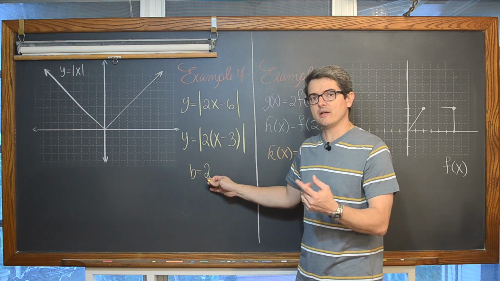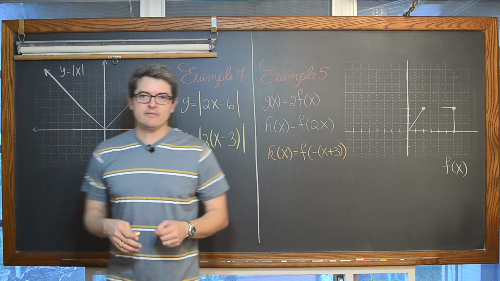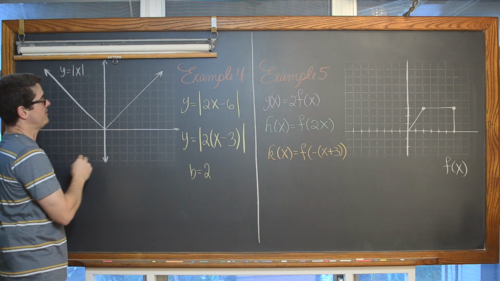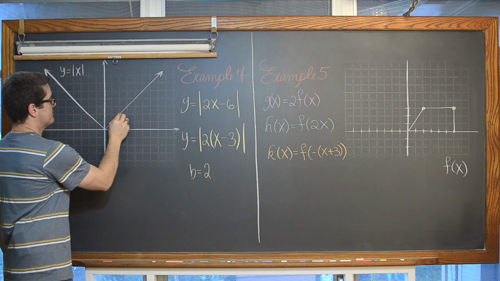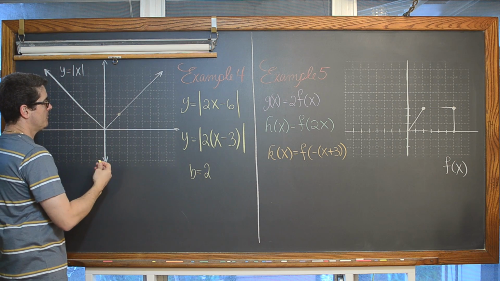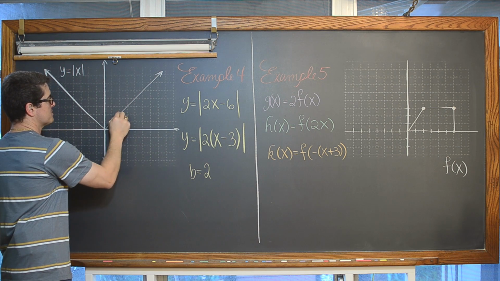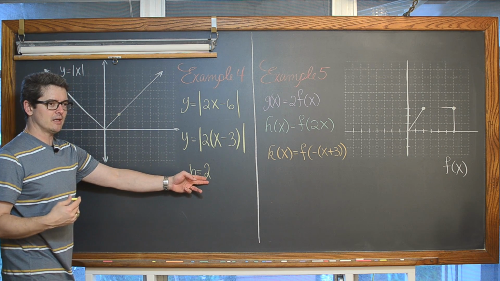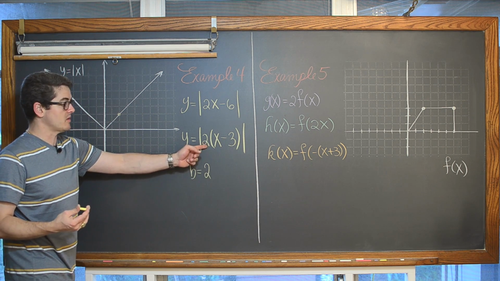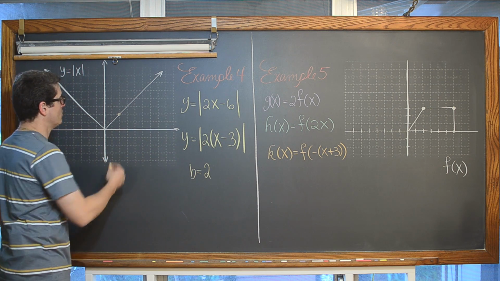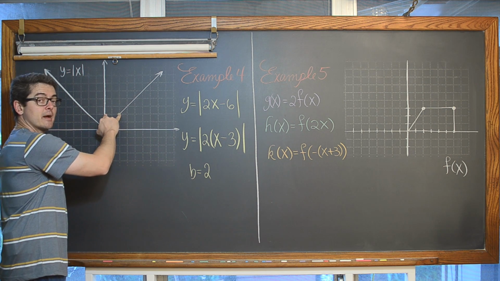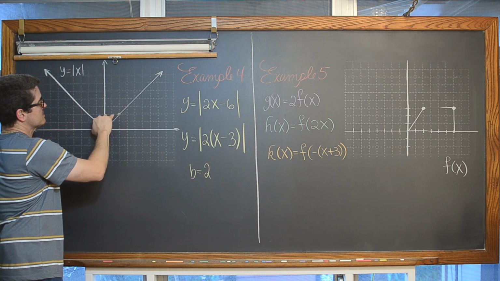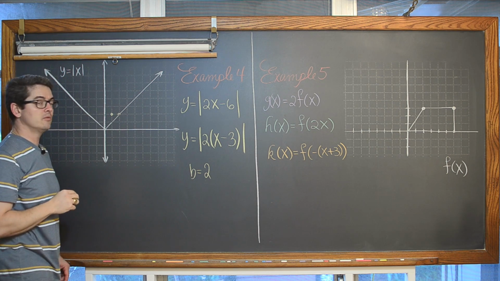y-axis half the distance. So instead of having a point here at, well, I can take half of 1 and get it to be 0.5, but here we have a point of 2, 2. Well, if you go over 2 and up 2, the distance from the y-axis is 2. But we want to reduce that by a division of 2, if you will, because this isn't a stretch, it's a compression. So we're going to divide by 2, or reduce that distance by half. And instead of having a distance of 2, we're going to have a horizontal distance of 1.